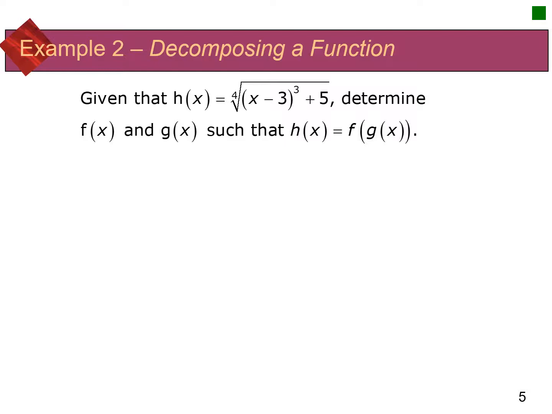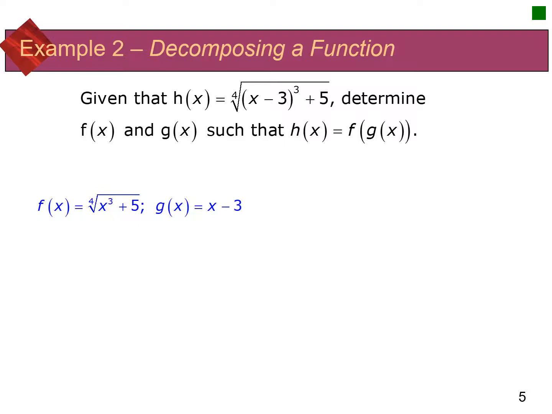Ultimately, though, you'd like to be able to show that whatever you pick, whenever you compose it again, when you have your f of x and g of x and do f of g of x, you get back to the original function. So some of them, I think I have like 6 of them here, so let's show them. One thing I could do is say, well, if f of x is the fourth root of x cubed plus 5 and g of x is x minus 3, you can see that, if I do